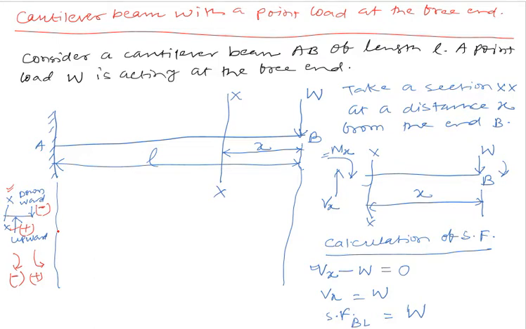So this is the baseline, take a line, correct? And what is the shear force at B? That is W. From B to L only W. At this point, that is W. This is positive, so the diagram will be above the baseline. The value of shear force is W, that is plus W.